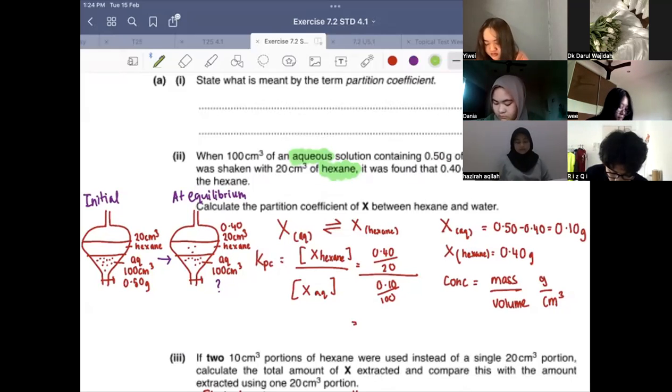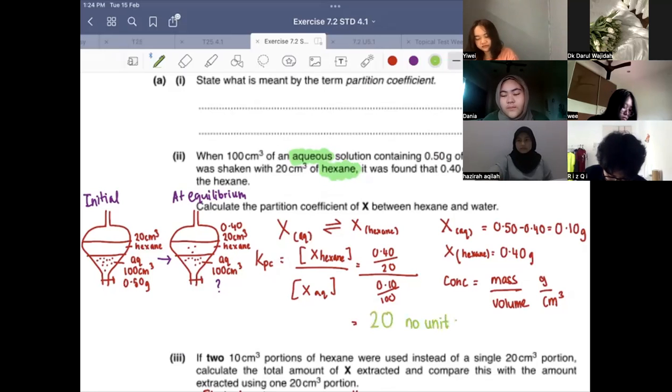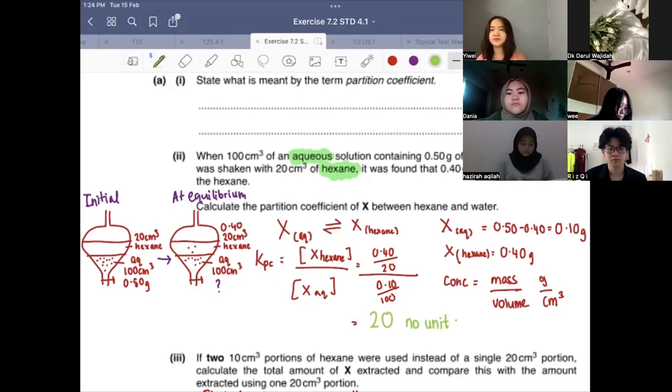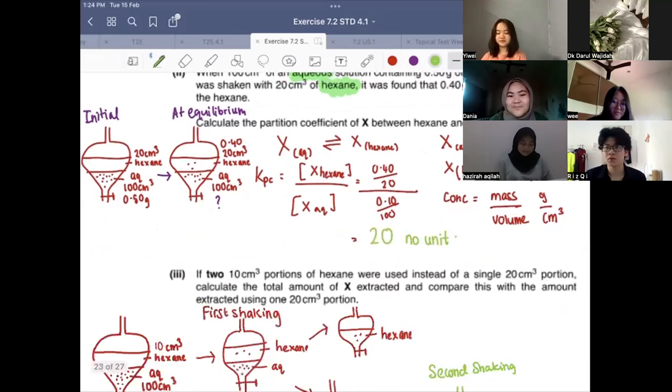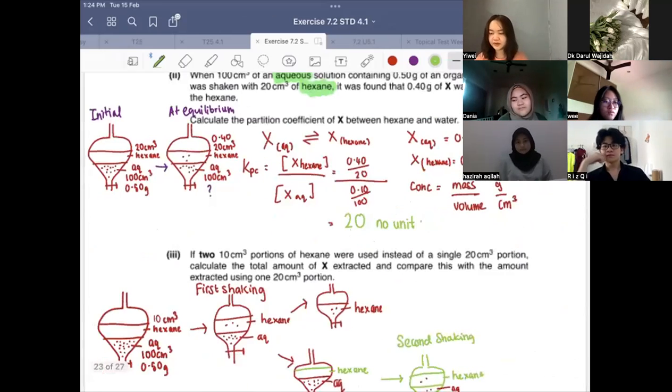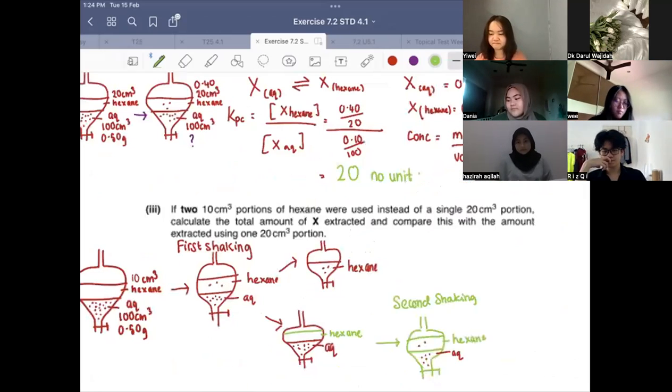20. Yes, thank you. The answer is 20 and there is no units. Okay, let me just make sure that everyone managed to get that answer. Just nod your head if you got it as 20. Okay, Ridwan is giving me a thumbs up, thank you. Thank you, everyone. Now, the next part of the question, the instruction is short, but actually the process is long,